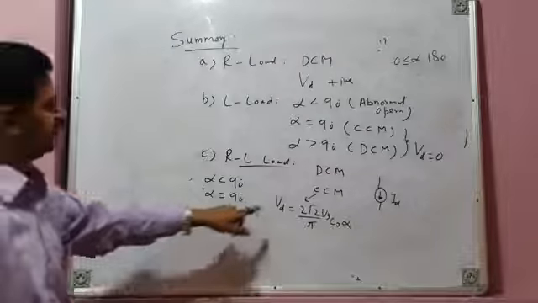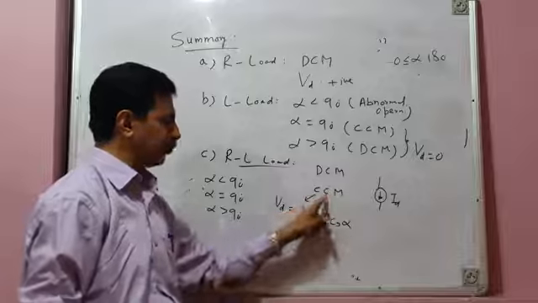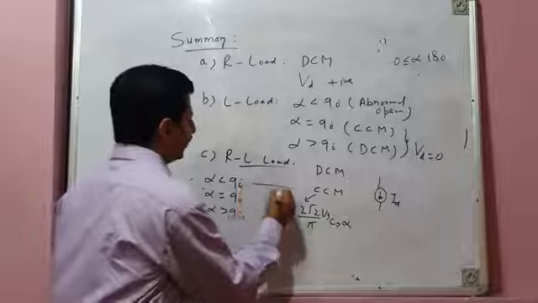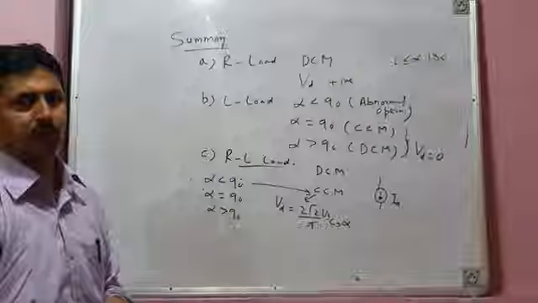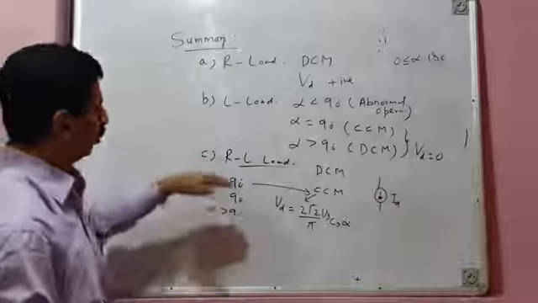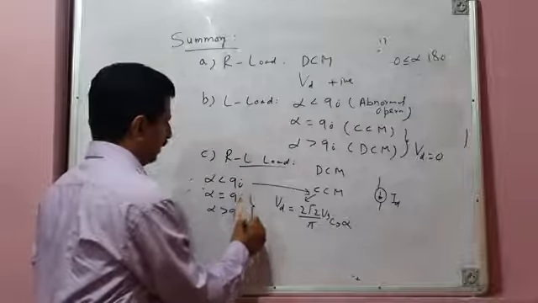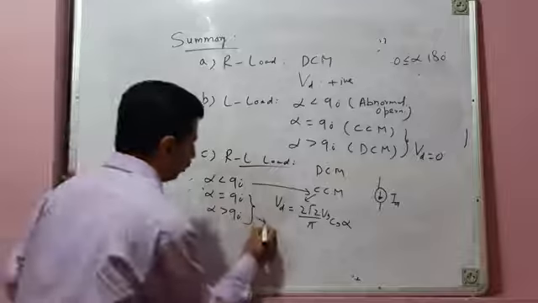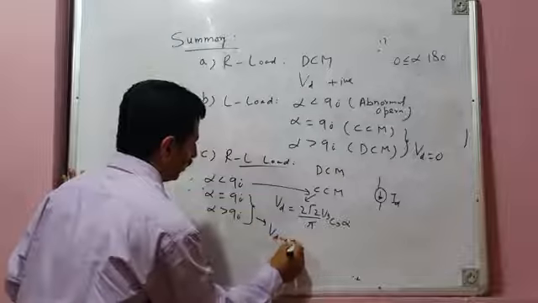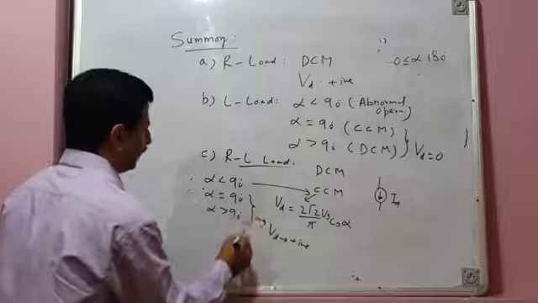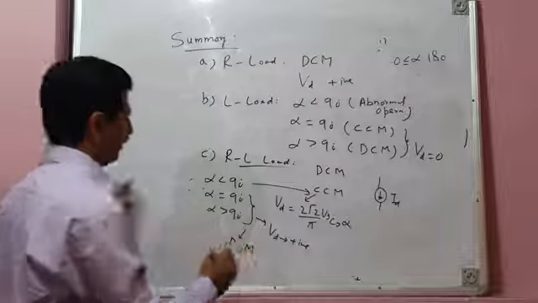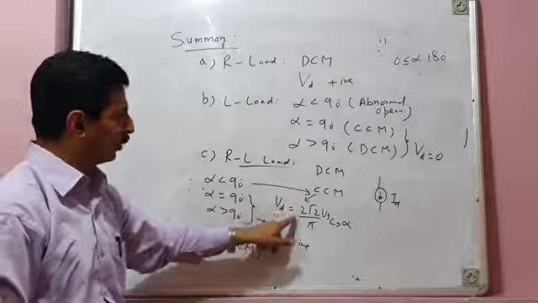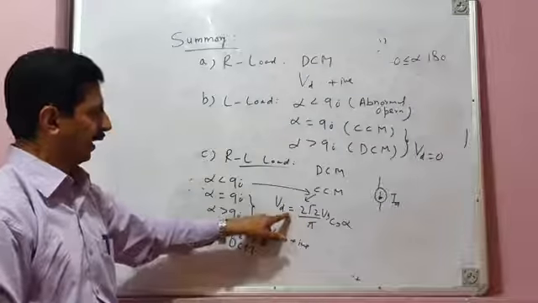And we have found this average output voltage is true only for continuous conduction mode of operation. For alpha less than 90 degrees, no doubt you get continuous conduction mode of operation. But if you take RL load and you take alpha 90 degrees or alpha greater than 90 degrees, since this is a passive load, average output voltage no doubt will be positive, but it will result in discontinuous conduction mode of operation. For alpha less than 90 degrees, you may get continuous conduction mode of operation, and you may apply this equation for finding the average output voltage.